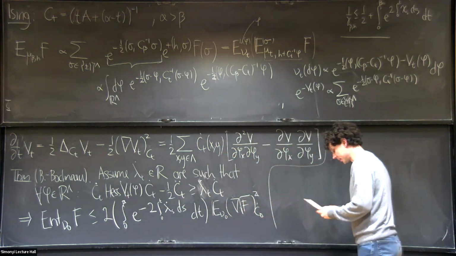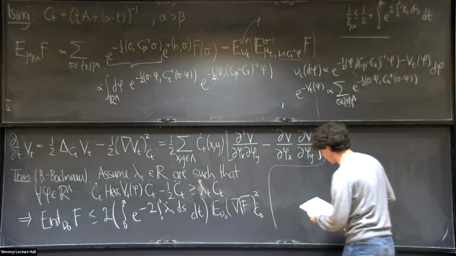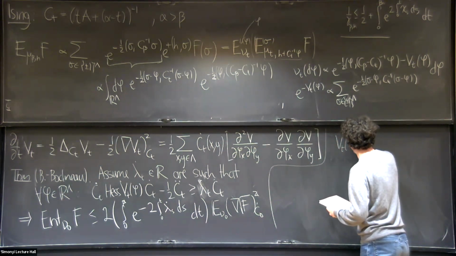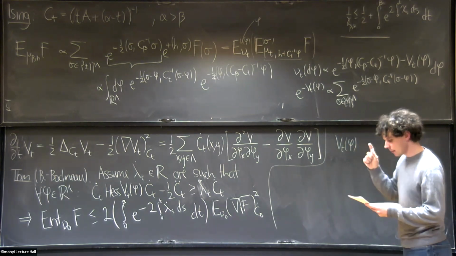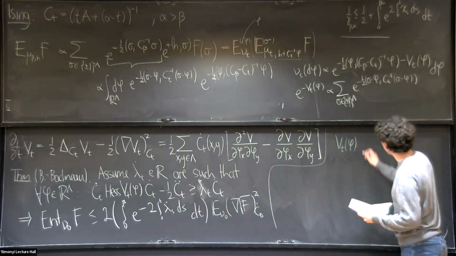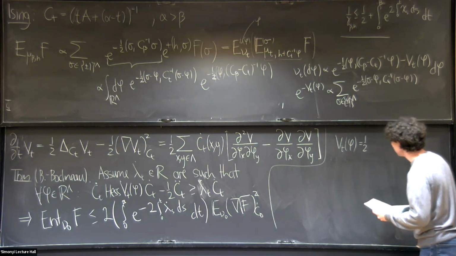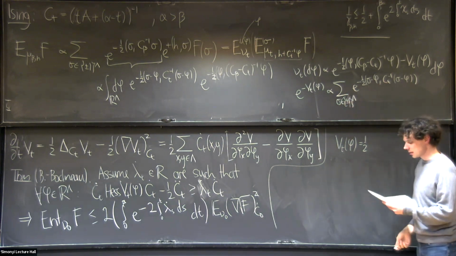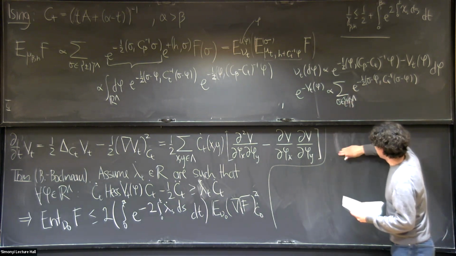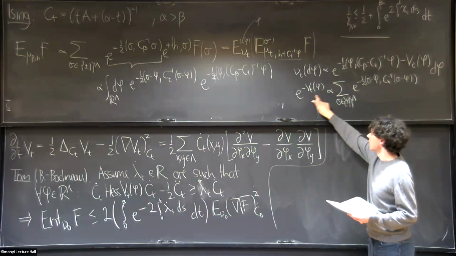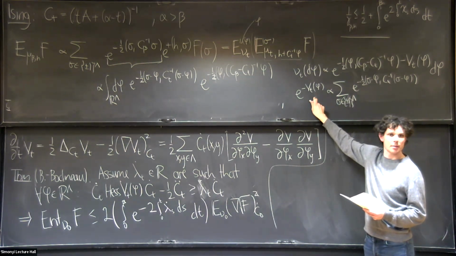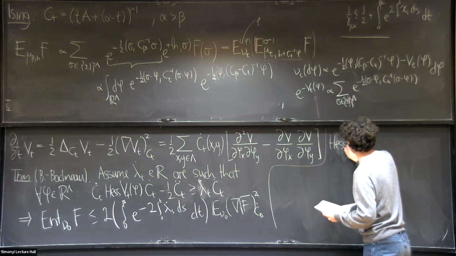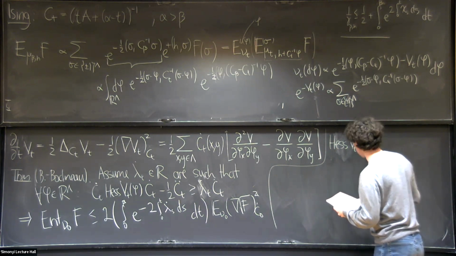And well, if I have 5 more minutes, I can do it. So V_T, by definition, I guess it was written here. I'm just taking a log of this, and I want to take the second derivative of this. I'm taking the log of this, and then this minus, and then the second derivative. So that's the Hessian of V_T. And the result is the following.